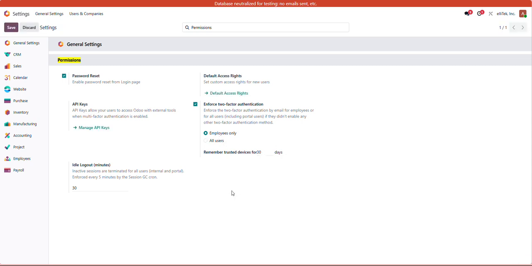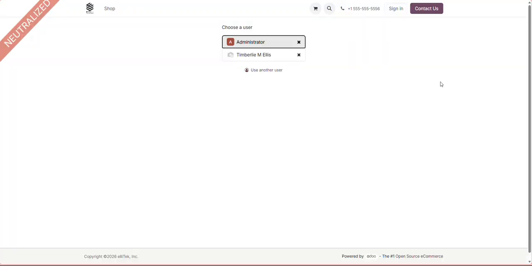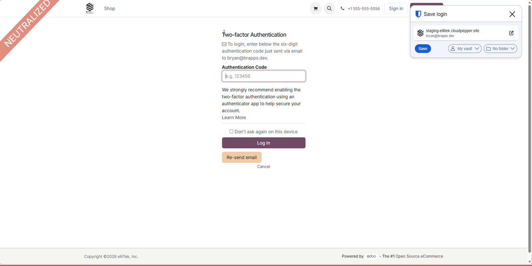So once that is saved, you'll notice I am still logged in. So that setting will not enforce this until the next login for any of your active users, which is nice because then not everyone gets logged out at the same time. So next time I get logged out, right, maybe I'm inactive for 35 minutes, so I get logged out, I will come in and log in. I'll enter my password just like normal, but when I click log in, this will force me to do a